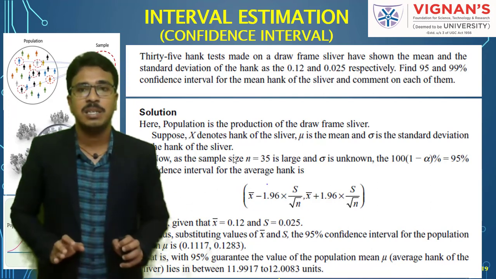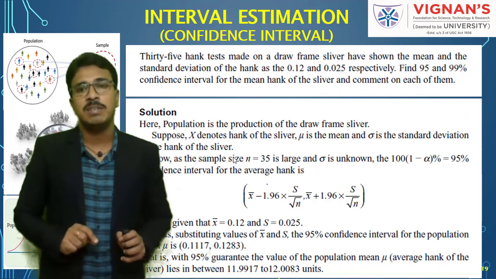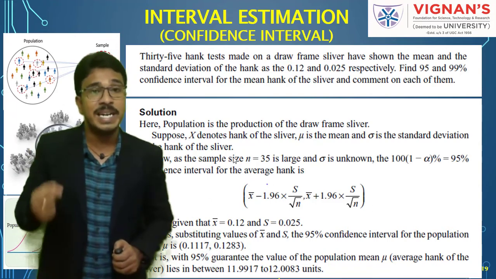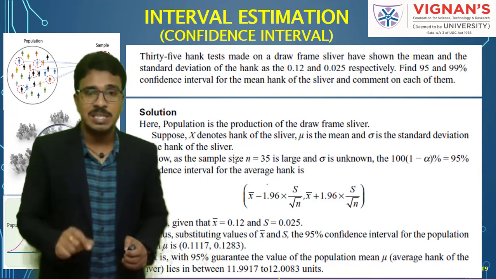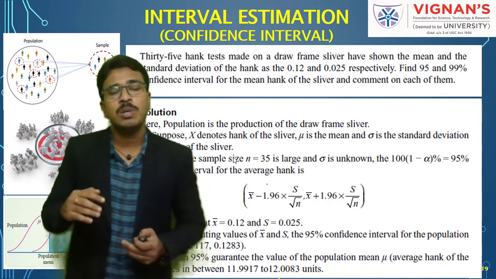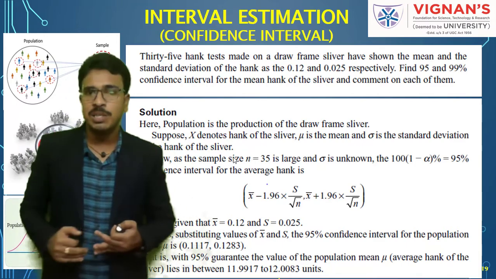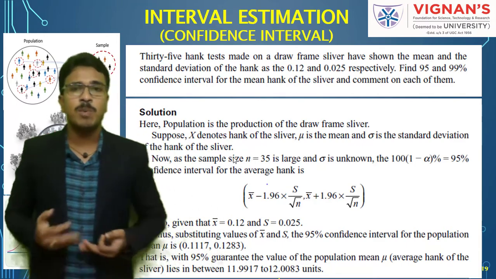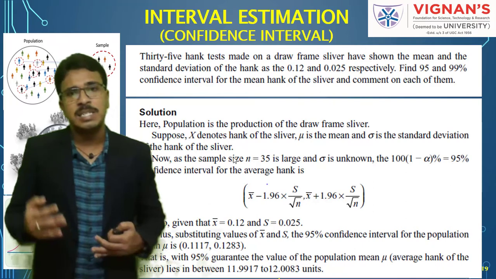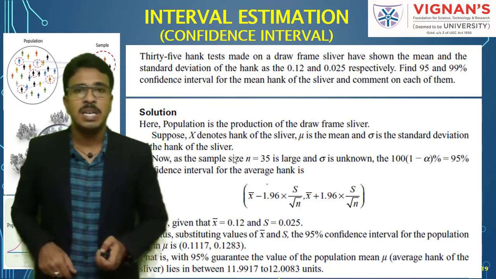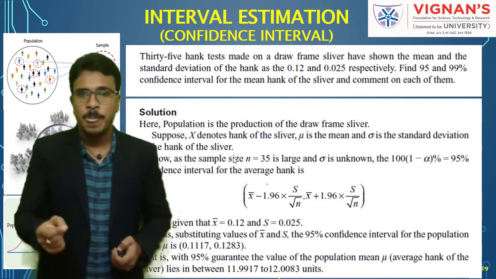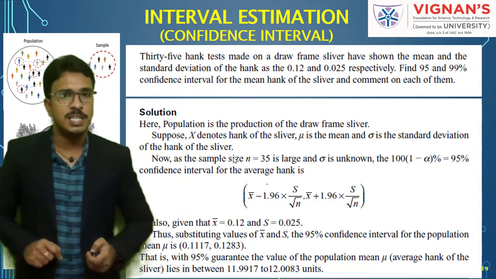It is not like that. Depending upon what confidence level, whether it is 95% or 99% or 90%, you have to use the concerned Z value from the table. Anyhow, in the significance tests we are going to see more problems related to the Z test. That time also we will discuss this Z test and how to read the table values from the Z table. So this is how we need to find out the population mean in case of interval estimation.